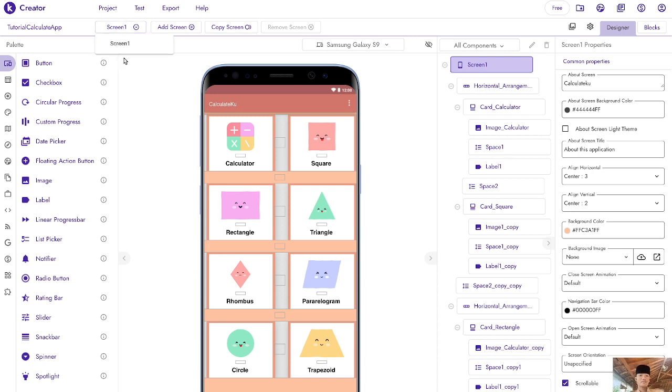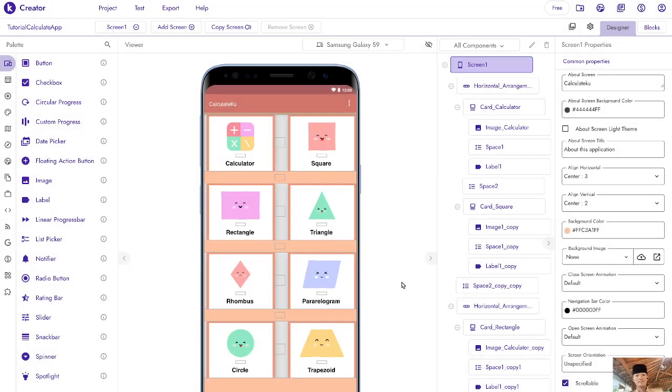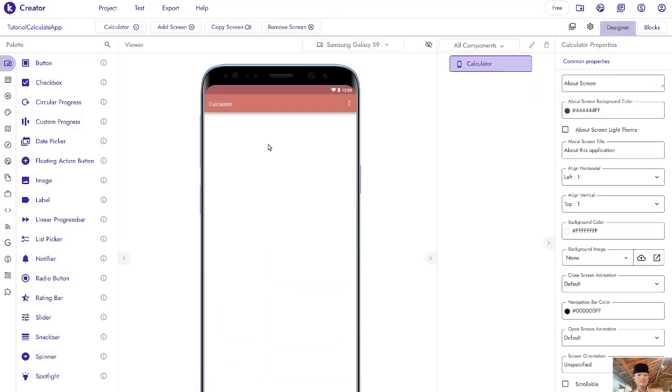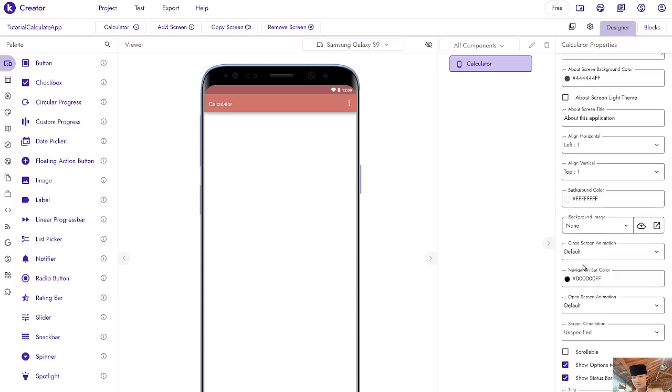Okay, so second thing, we're just going to go to the tutorial here. So first, we're going to add some screen and name it to be calculator. Then create. The second thing that we're going to do is change the background color.